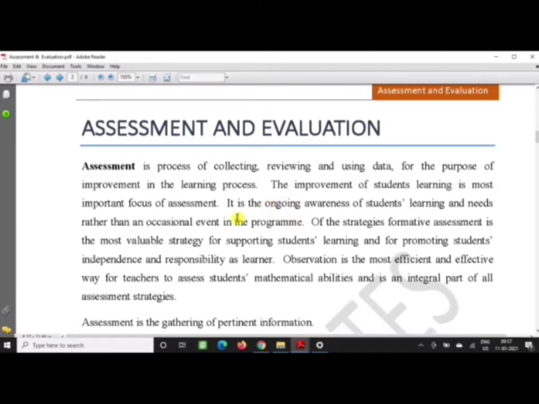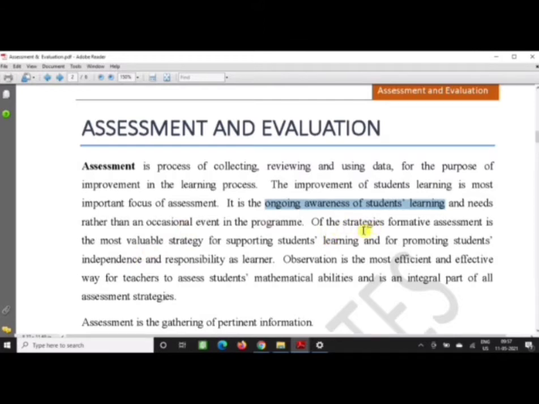And this is ongoing awareness of students' learning. This assessment happens throughout the session, not just at the beginning or at the end of the session. The focus of this assessment lies in the improvement or progress of the student in the learning process.